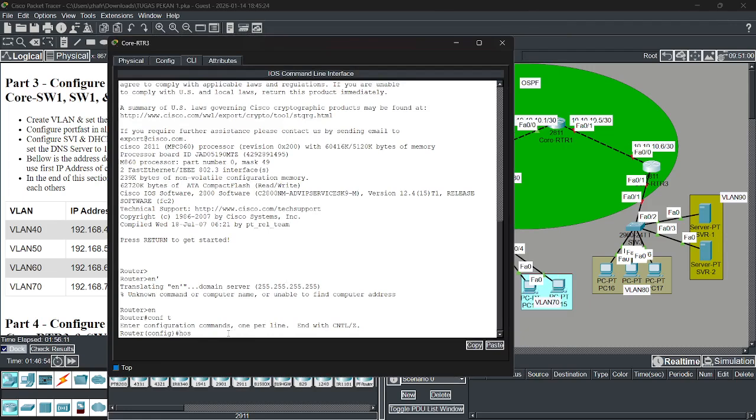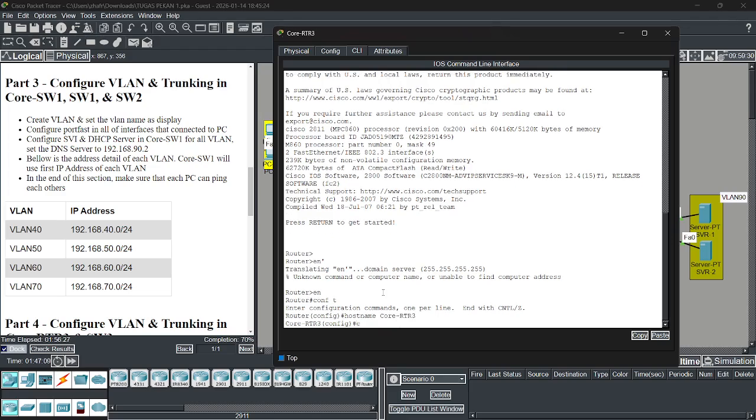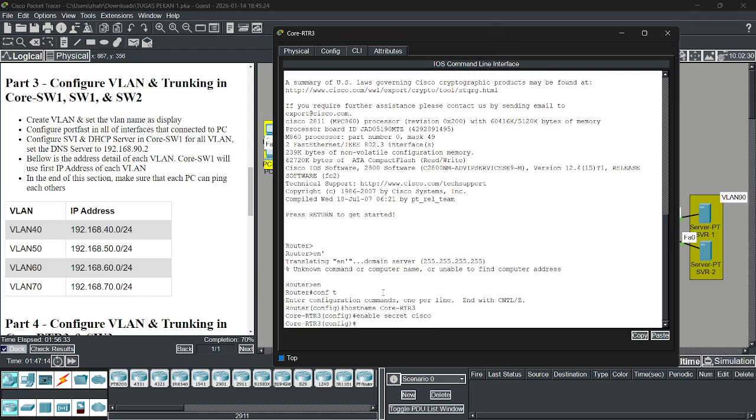No. Hostname, don't forget. Hostname core router 3. Enable secret Cisco. Okay.